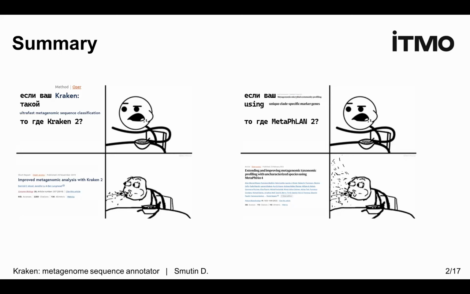Well, if at first, for example, I use Kraken 2 and I'm left with some unclassified reads, what should I do next? For example, I've run two tools, Kraken 2 and MetaPhlAn 2. I've got two results. How can I combine them in order to get rid of most of the unclassified reads? Can I just combine them somehow?